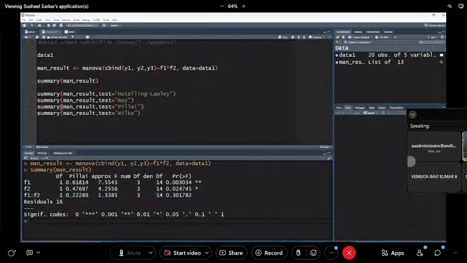Now we have seen up to summary, and here it is giving Pillai's trace by default. If we wish to compute the Hotelling-Lawley test, we write summary, the name of this result, Manova result, comma test is equal to, and we can specify which criteria we want. So if we run all these, we will find